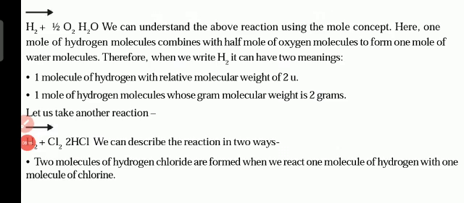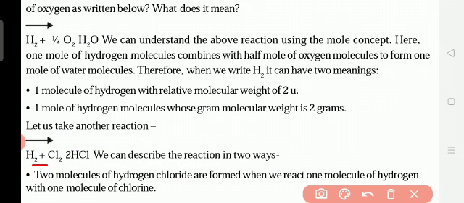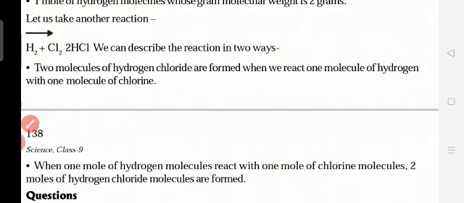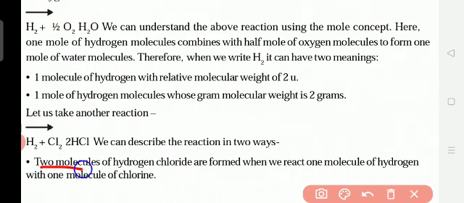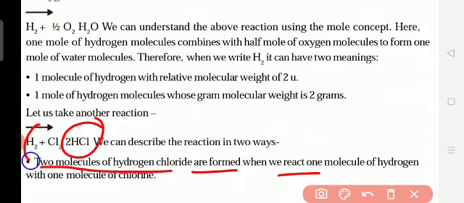Okay, now here when we see H2 plus Cl2 gives 2HCl, we can describe the reaction in 2 ways. 2 molecules of hydrogen chloride are formed when we react 1 molecule of hydrogen with 1 molecule of chlorine. When 1 molecule of hydrogen is reacting with 1 molecule of chlorine, it is forming 2 molecules